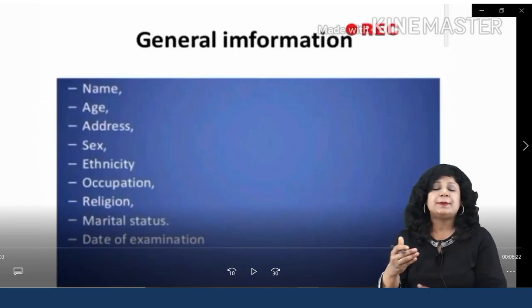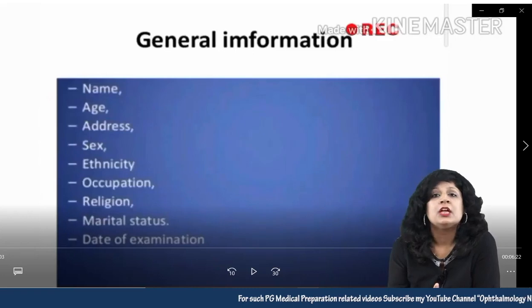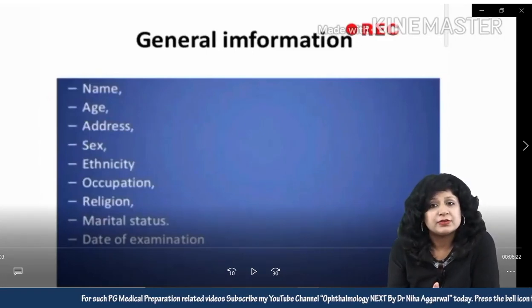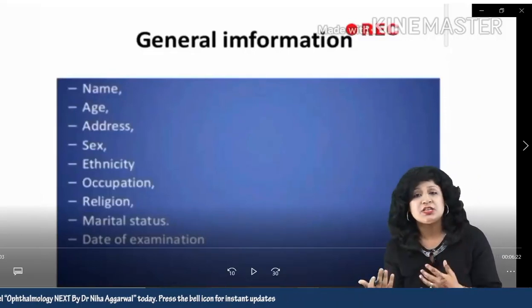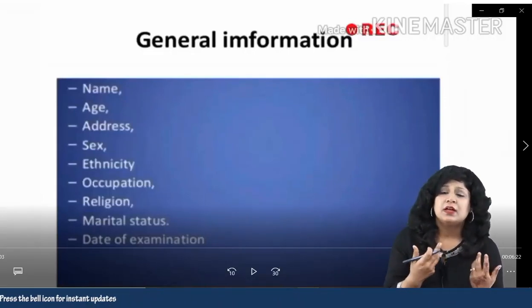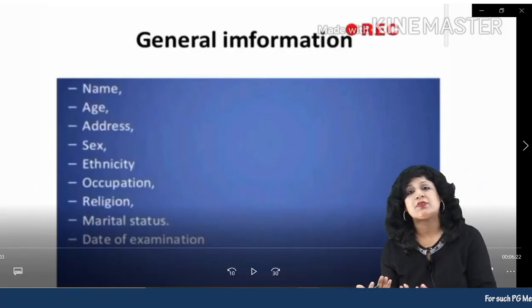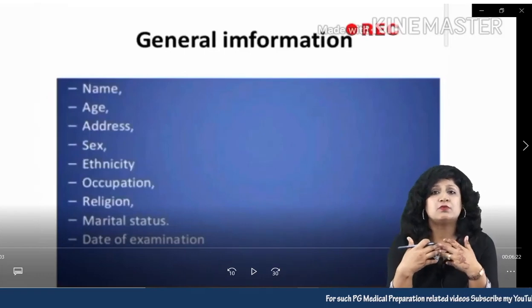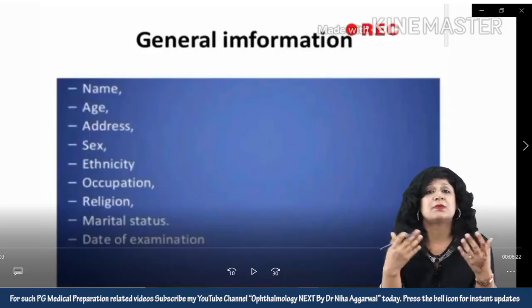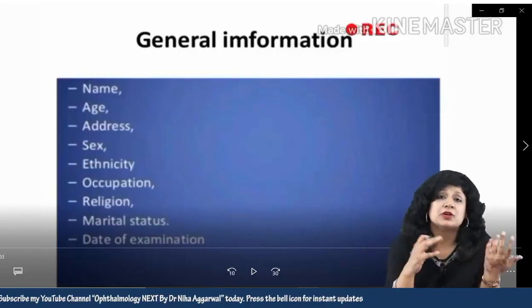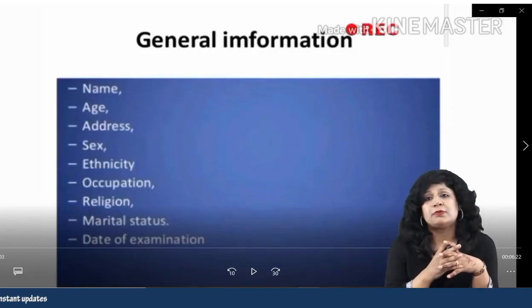Similarly, knowing the marital status, if I talk about ophthalmology, then we can say how many people will be there to take care, what kind of work she does, what is the personality of the patient if you are dealing with psychiatric illnesses. Then what kind of responsibilities she is having. If she is coming for cataract surgery, will she be able to come one day before? So all these things you'll get to know from the marital status.